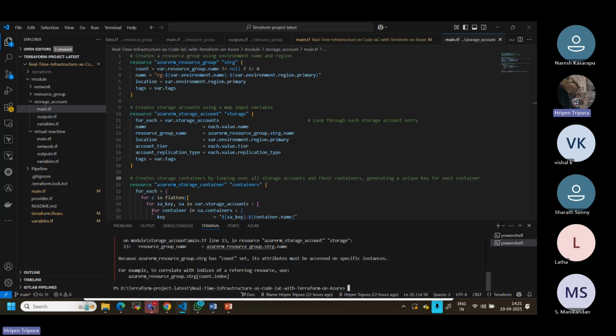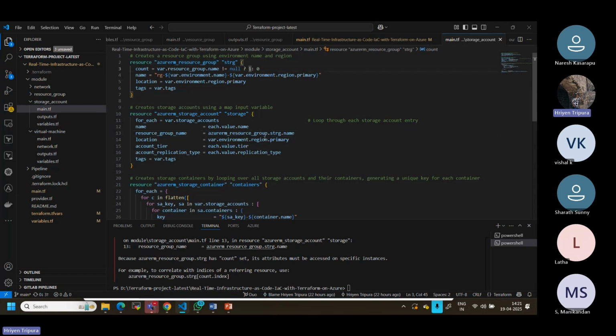Okay, so if you go to the storage account, we are using count, right? And we are using count, but the resource group location refers to the resource group. We cannot use it like this because there is a condition we have given. As I told you, whenever you are working with count while referring to another resource,